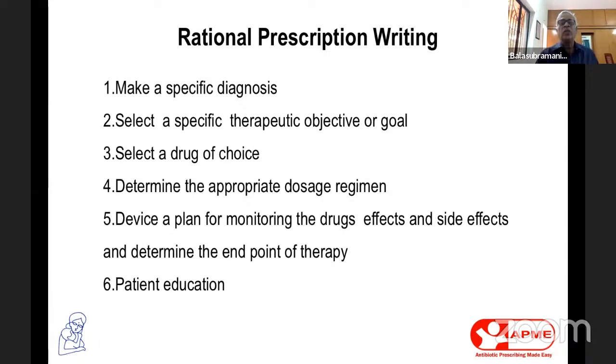Of course, you should educate the parents. But one of the things that I follow in my practice is not to prescribe dry syrup by and large. I always prefer tablets or dispersible tablets or even capsules where they open and give. The reason is, if you ask them to prepare a dry syrup, invariably even doctor mothers will make mistakes in the correct dosage. They may not shake well, they may not store it properly. So we should avoid the dry syrup preparations.